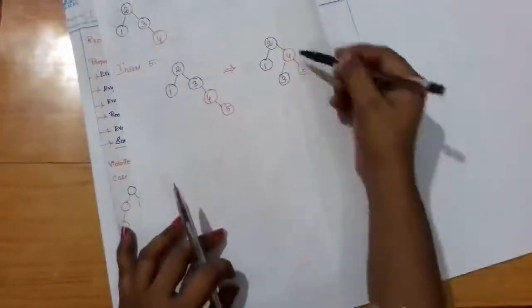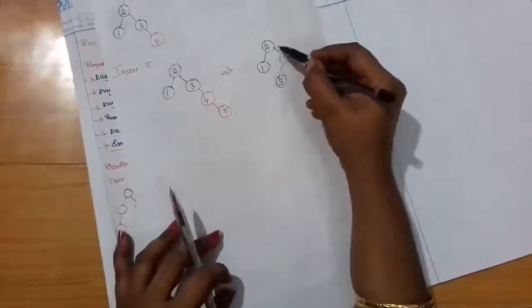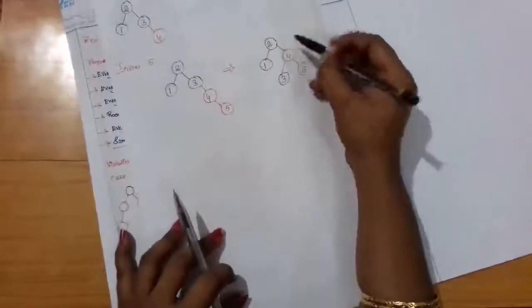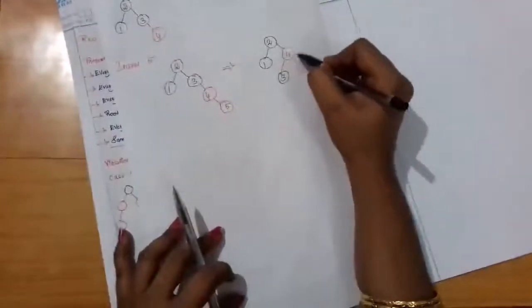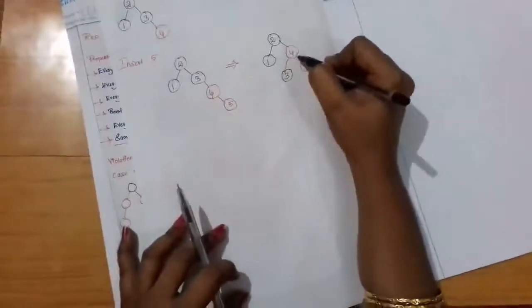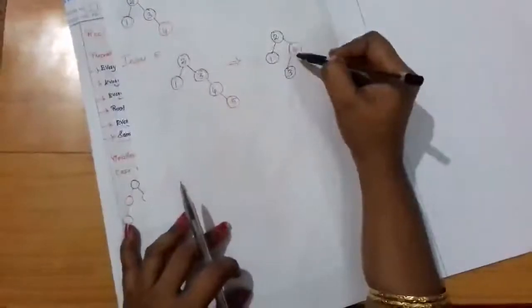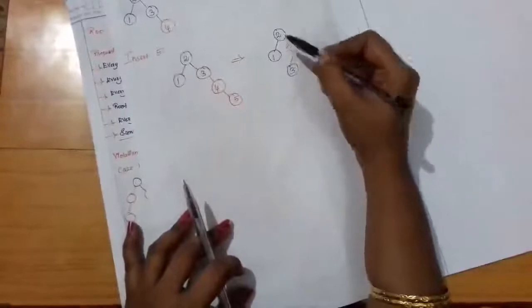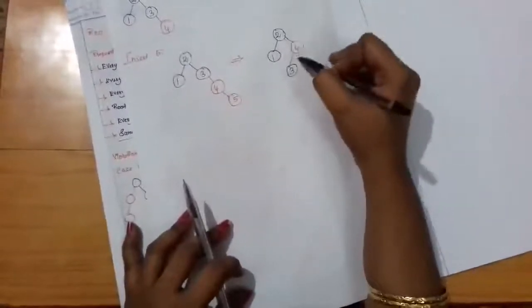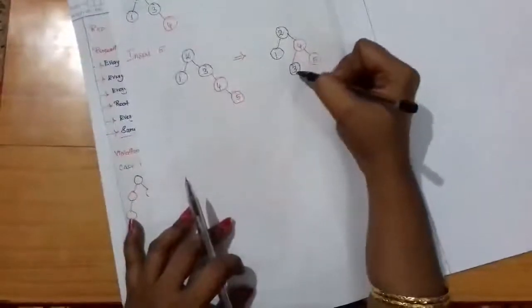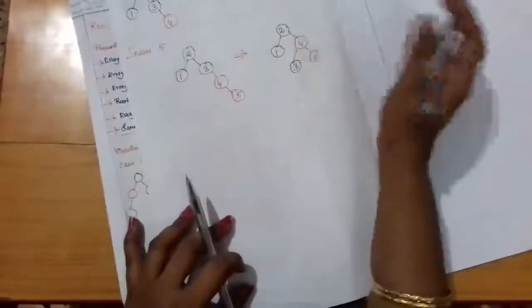Okay. So now we need to check the properties of the red black tree. Whenever we have a red node as a parent, it should have only 2 black children. So this is one of the properties. And another property is that it should have an equal number of black nodes on all paths. Here, there is a red node, but we don't have 2 black children. We have only 1 black child. So one of the properties is violated.